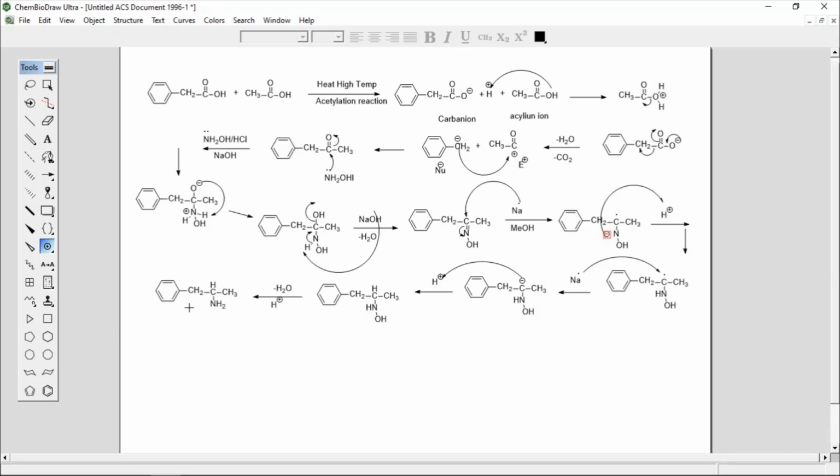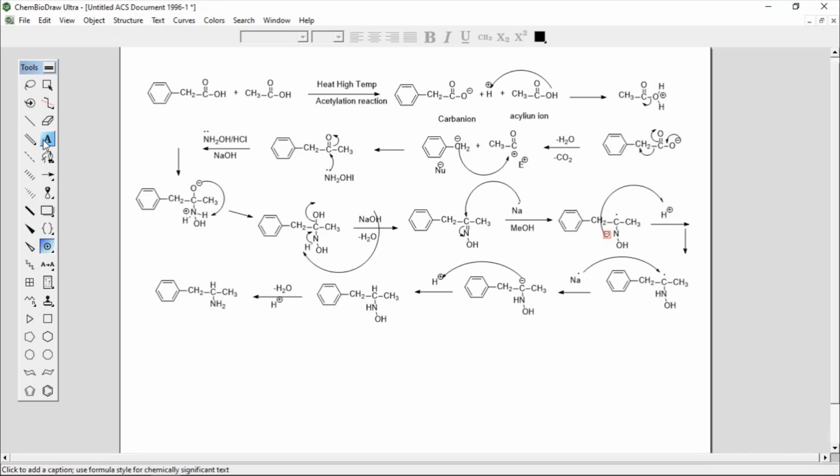This amphetamine is optically active because this carbon is attached to four different groups, that is NH2, CH3, CH2 and H. So all these four groups are different, so that's why this carbon becomes chiral, and this chiral carbon is optically active. So this molecule has two forms, dextro form and levo form, but it is found that the dextro form is more potent than the levo form, and it is used in the treatment of narcolepsy, alcoholism, and also in the treatment of obesity and appetite.